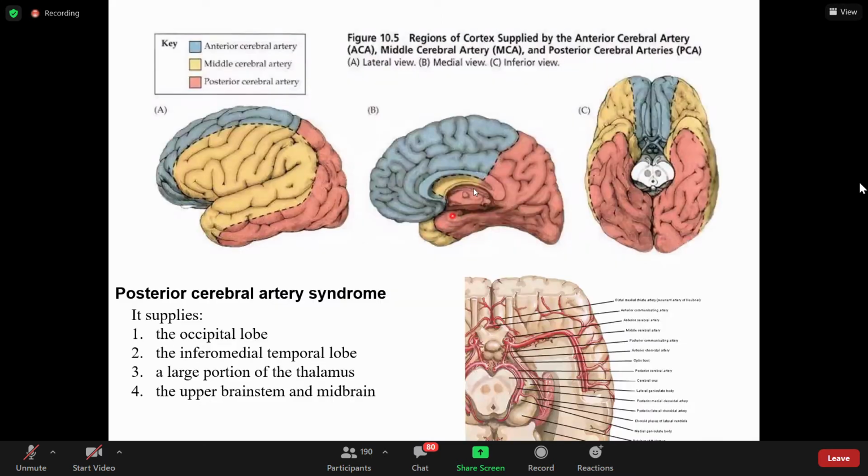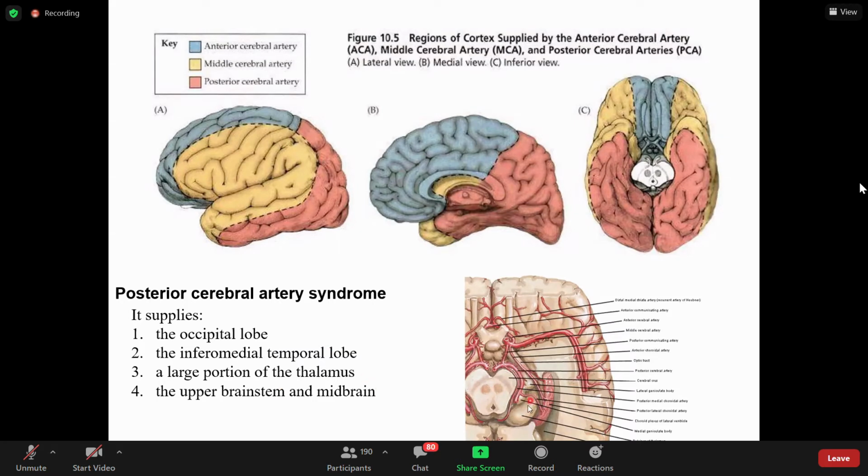So the posterior cerebral artery will basically supply the occipital lobe and the inferior medial part of the temporal lobe. Okay, this in red, or I don't know what you call it, red, orange. So it's going to supply the occipital lobe, inferior medial temporal lobe, and a large portion of the thalamus,